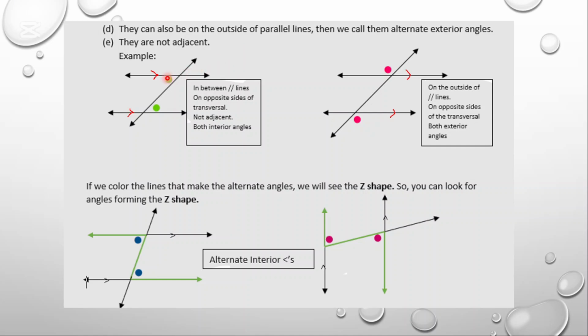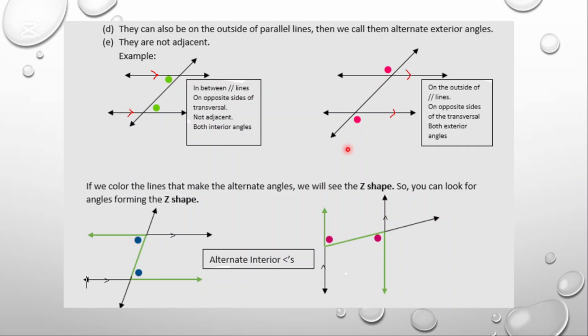As you can see, they are not adjacent. So in between parallel lines, on opposite sides of the transversal, they are not adjacent, and both must be interior. Or on the outside of parallel lines, on opposite sides of the transversal, one on the left hand side, one on the right hand side, and both